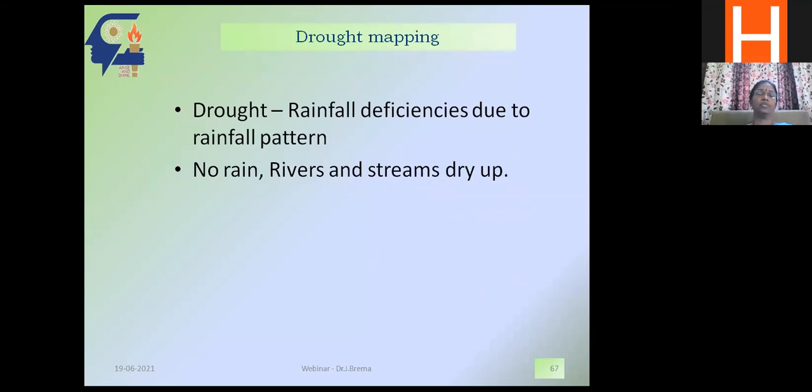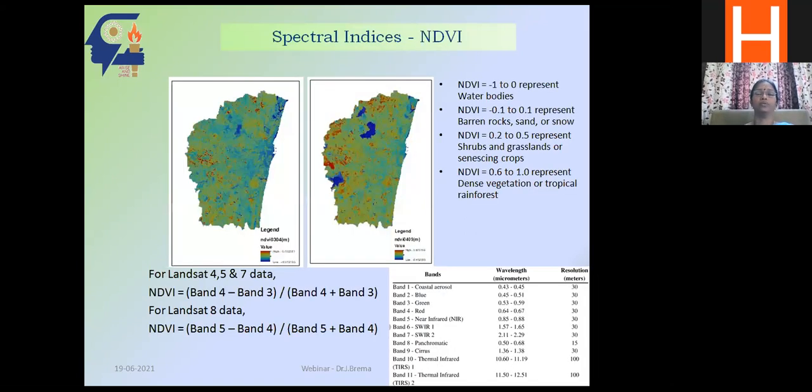Now we have seen the excess flood and soil erosion, all those things. Now, how do we quantify drought? Whenever we say drought, it is directly related to agricultural activities, and not only agricultural, it is related to any of the watersheds where you experience less rainfall. So you can make your analysis using indices which are called spectral indices. This is a vegetation index. We have just used one index, which is called the normalized difference vegetation index. You try to identify where there is high vegetation, and whether there are changes in vegetation.